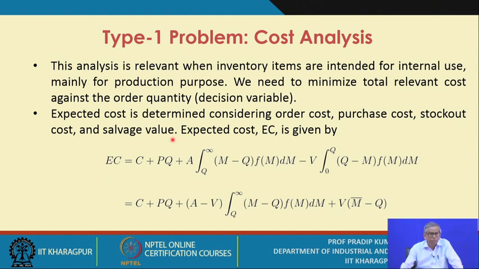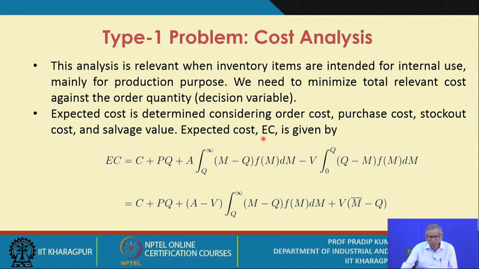That means the unused items, what do you do with them with the expiry of the time, or of the order, or say of the season? To what extent can you salvage its value? That means can you dispose it off at a reduced price. So, this is referred to as the salvage value. So, these four types of cost elements you need to consider.